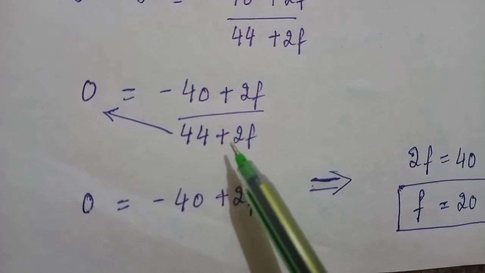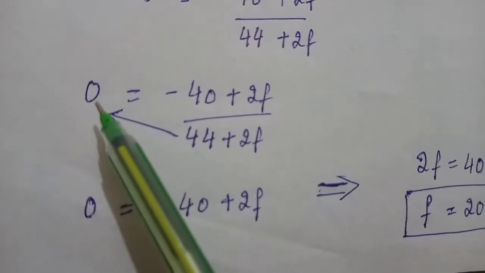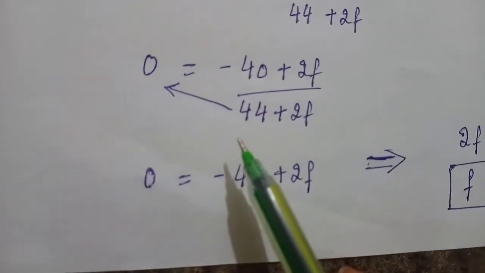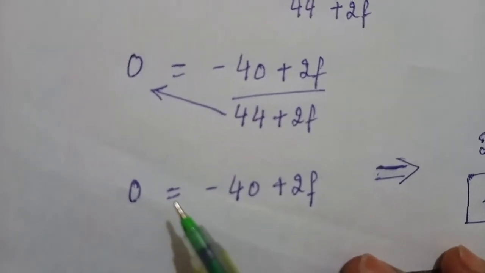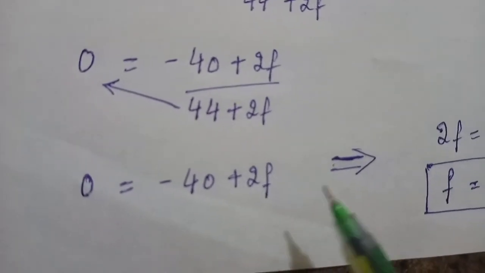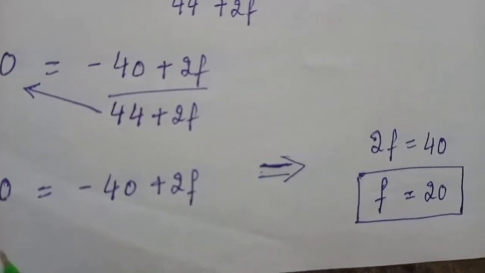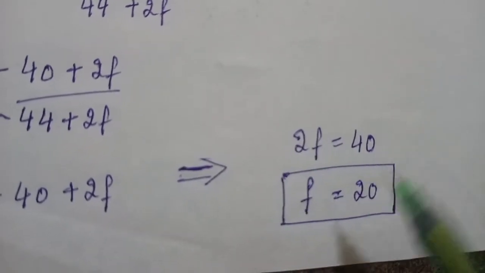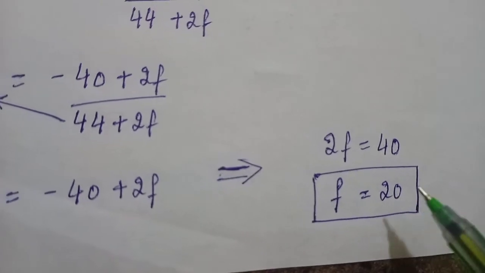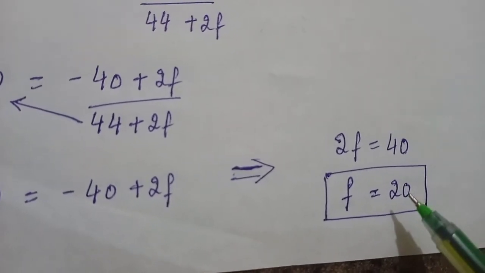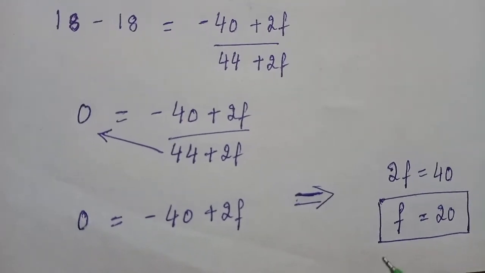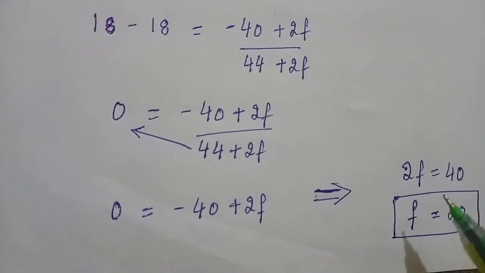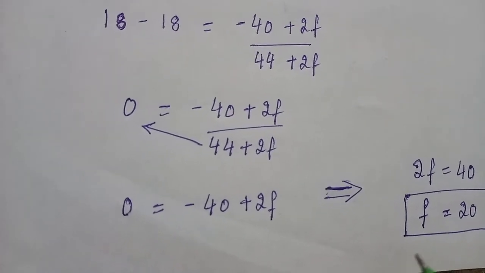Now the denominator of the RHS, if you send it to the left side, you can see it becomes multiplication. 0 into any number is what? 0. So this denominator vanishes. So 0 equals minus 40 plus 2f. Now simplify. Minus 40, if you bring it to this side, becomes plus 40. So 2f equals 40. 2 twenties are 40. So we got the f value as 20. That is, the frequency is 20. In this way we can find the unknown frequency value when the mean is already given. And you can verify your answer also, but you don't have so much time to verify.